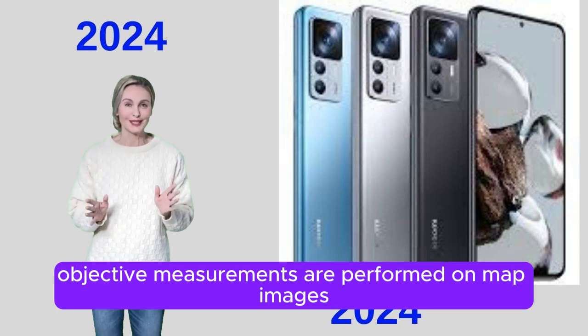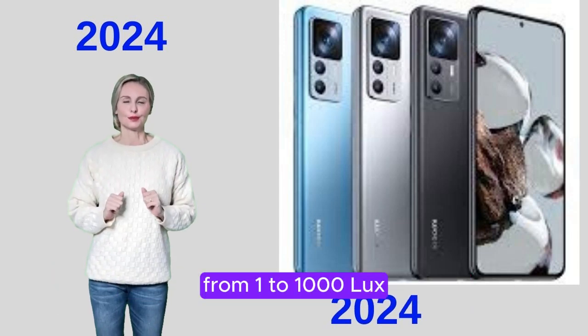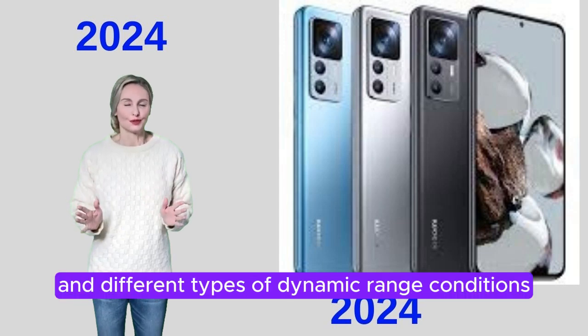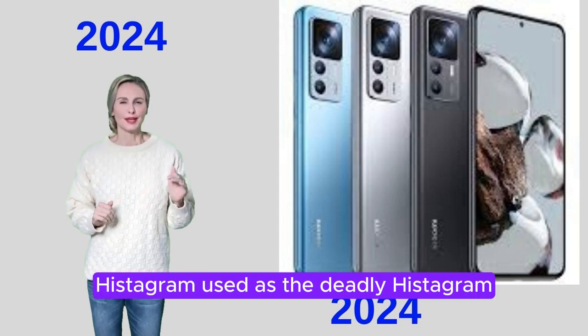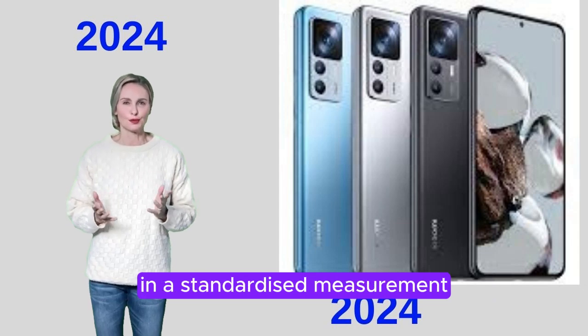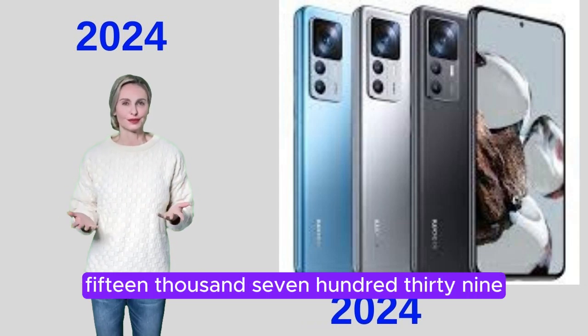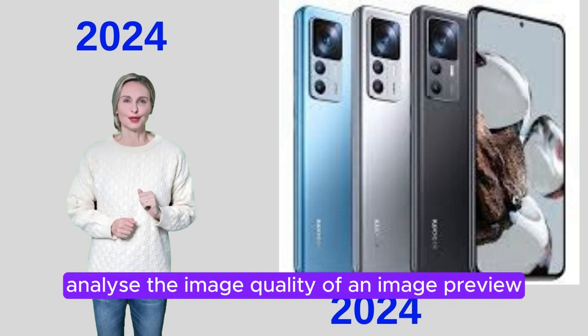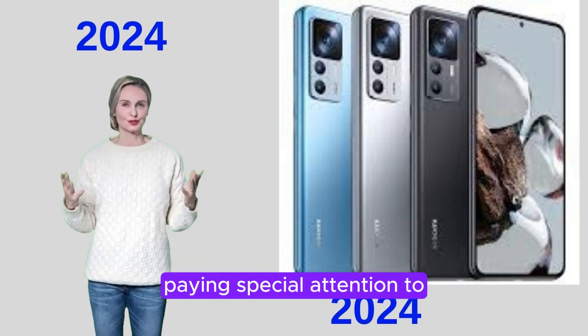Objective measurements are performed on map images captured under different conditions from 1 to 1000 lux and different types of dynamic range conditions. The histogram used is the dead leaf histogram and the standardized measurement is optical noise derived from ISO 15739. Preview tests analyze the image quality of an image preview in the camera app, paying special attention to the